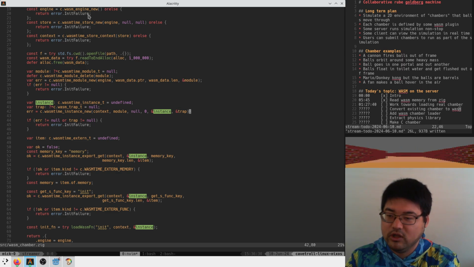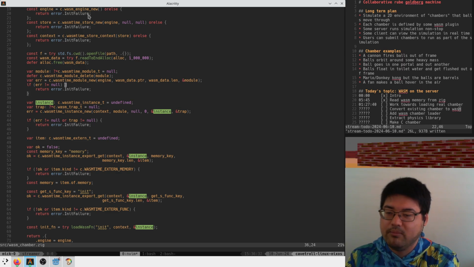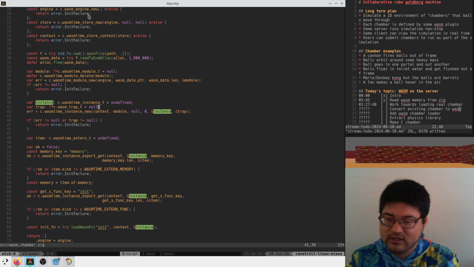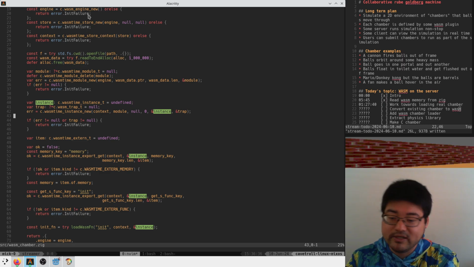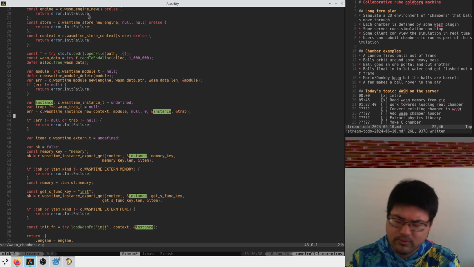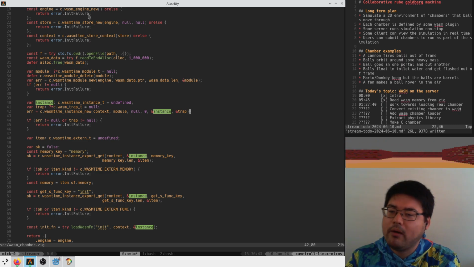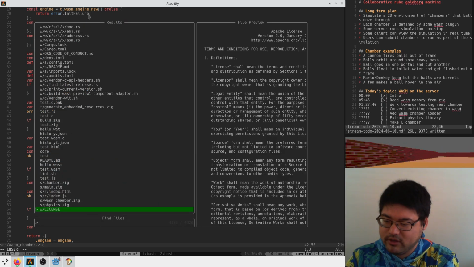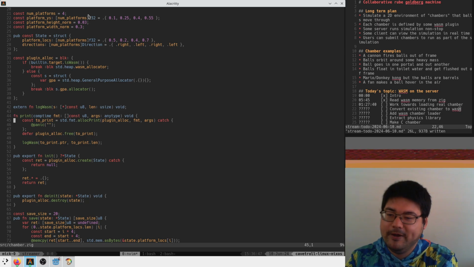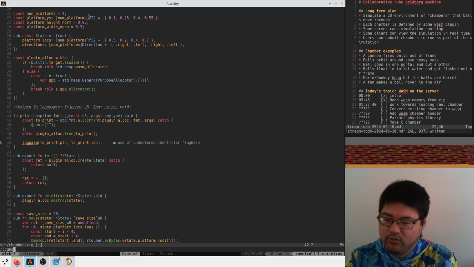So it's failing to load. It compiled the module fine, but it doesn't like instantiating it. Surprising. Oh, probably because it's looking for that log wasm thing. So I bet if we turn off this log wasm,